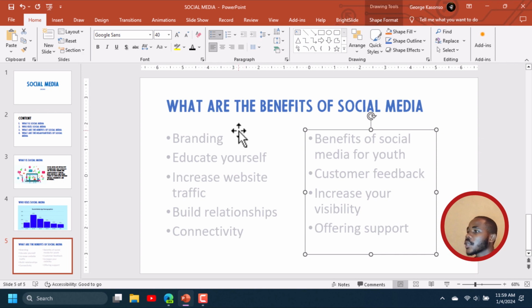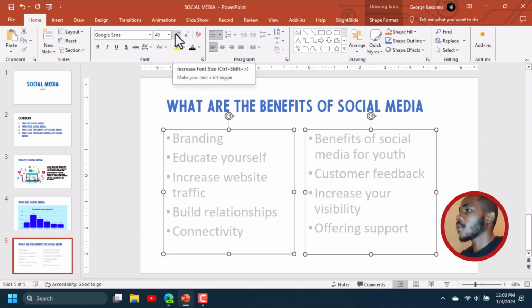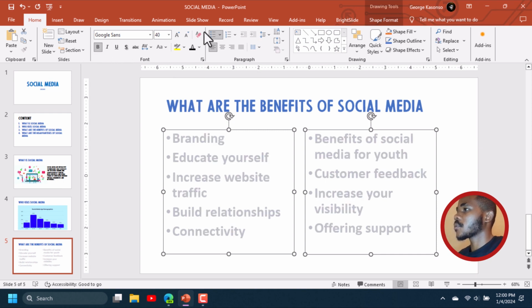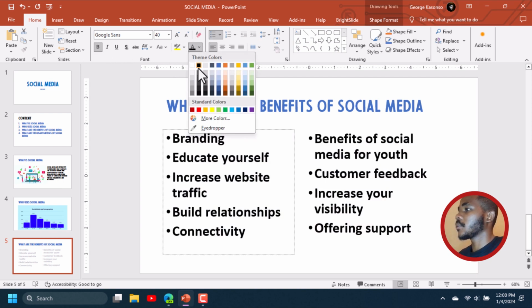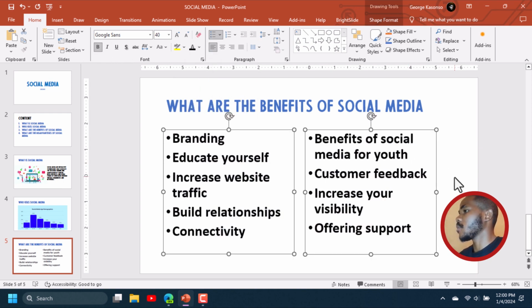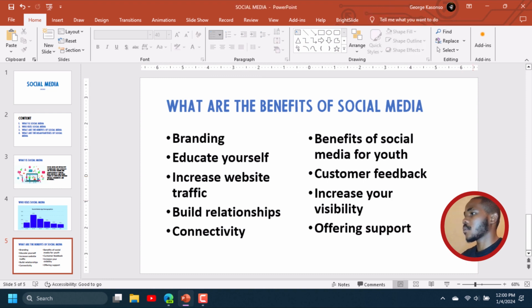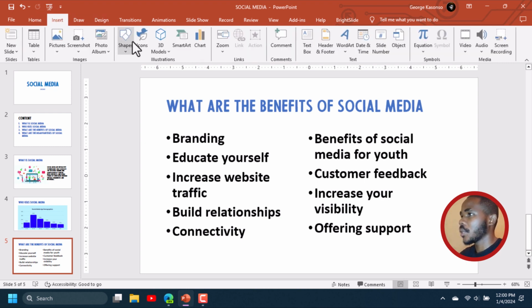Let's also change the, if you want to select the two text boxes at once, you just press the Control key and you click on the other text box. Then you come here. Let's make this bold and also black in color, so that they are visible. This is what we want. Just to stylize this and make this a little bit beautiful, we can also insert a shape here, a rectangle shape between these two,